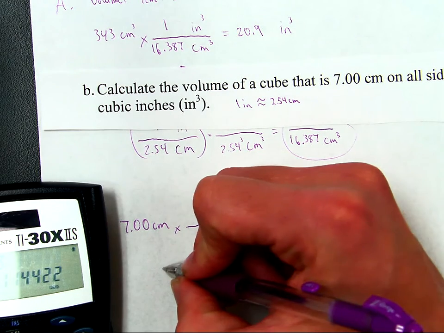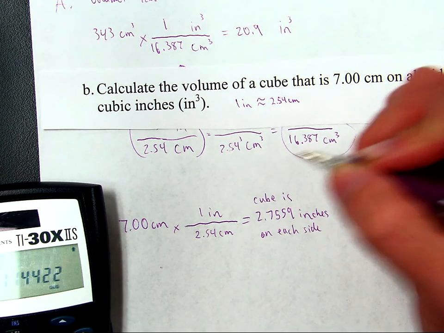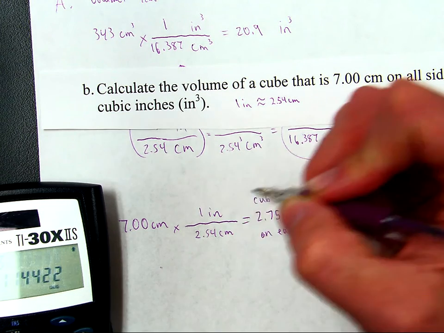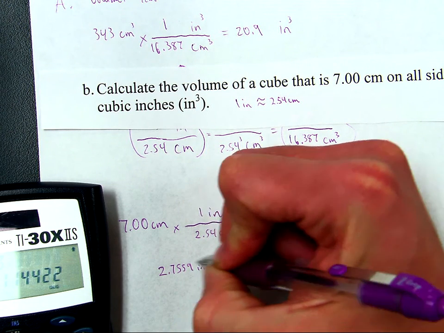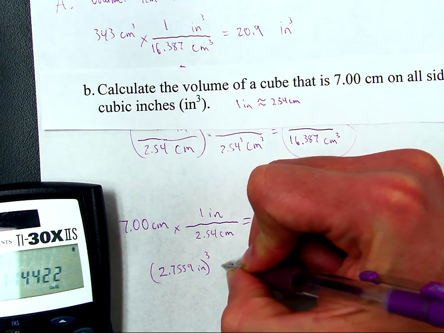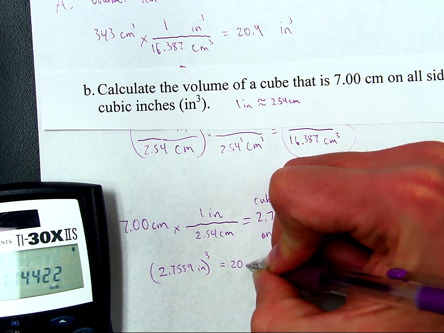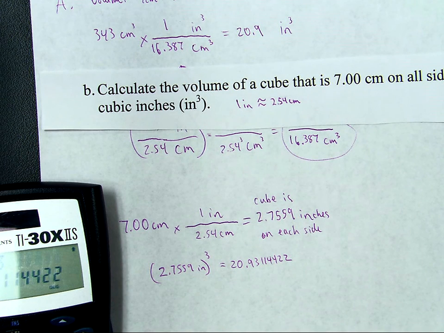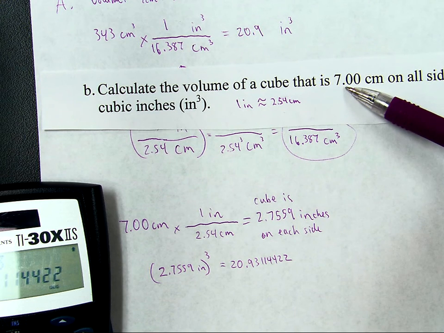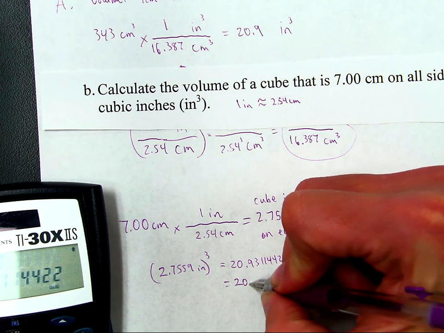Okay, so let me write that down, because you should always show the work for how to get an answer. Never leave out any steps, of course. So 2.7559 inches to the third power equals 20.93114422, blah blah blah. I'm sure the decimal goes up quite a bit further, but remember, the original numbers we started with were 3 significant figures. Therefore, the final answer should be 3 significant figures, so 20.9